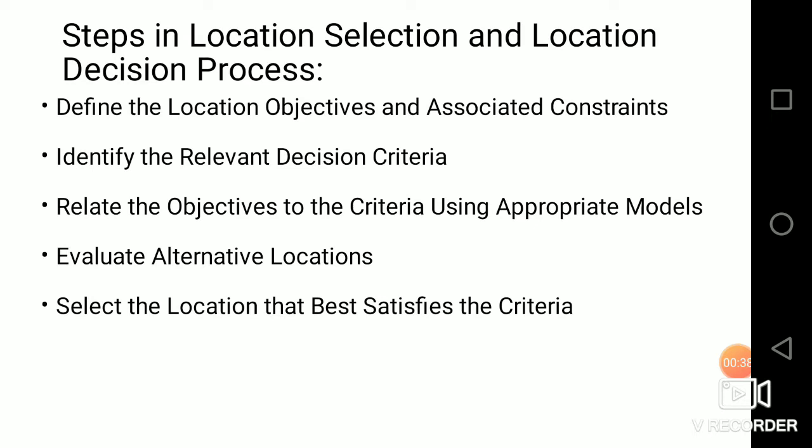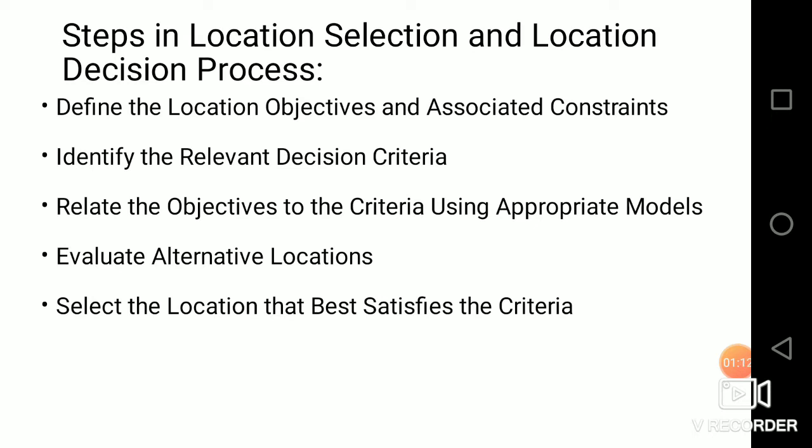The location objective is mainly that whatever location you choose should have proximity to the market or proximity to the customers. Proximity, as we know very well, means nearness. Next, the cost involved in choosing the location should be minimum. Labor cost should be minimum. These are the objectives that will be considered by the top level management and the production head.